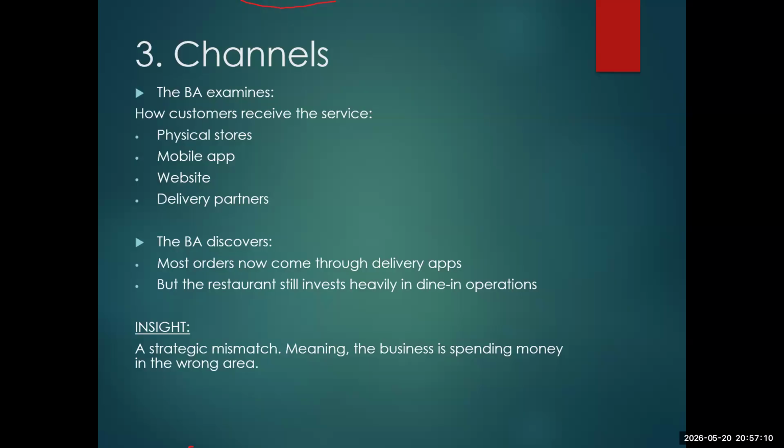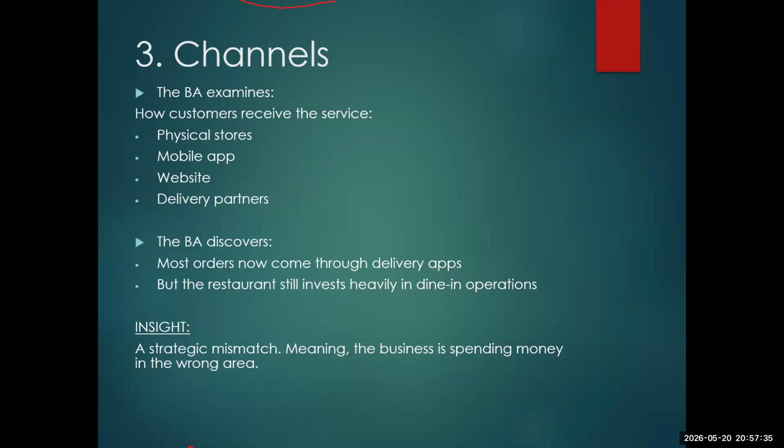Now, the BA also examines how your customer receives the service or the product that you offer. And they say, we have people that come inside. Some people just call us. They have our number, our number is on the carrier bag that they use to sell the food. Some people visit our website. And yes, we're actually on Chowdeck as well, so Chowdeck also helps us to deliver our products to them.